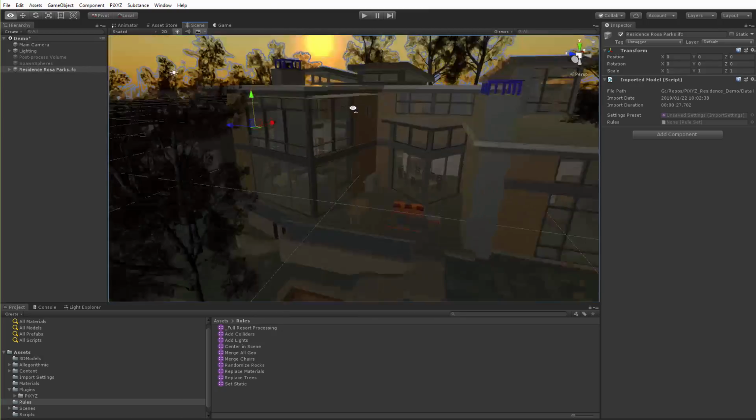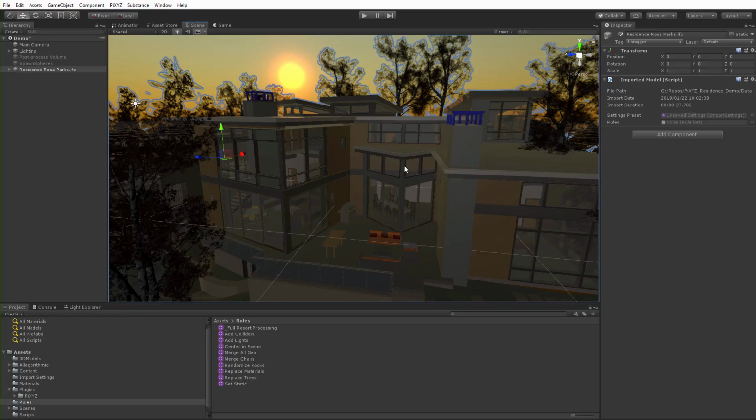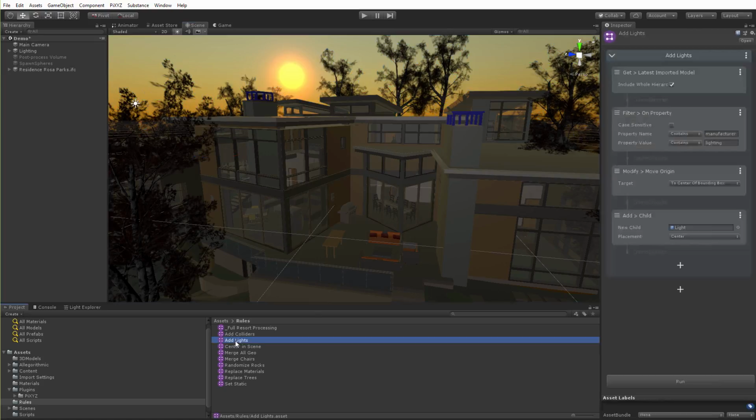This is just Unity's procedural skybox, putting that sun behind me there. And so I'd like to add some lights. Well, I have several light fixtures in this scene as part of the geometry, and so let's go ahead and replace those. So I'm going to go to the add lights, and again, I'm going to grab the latest imported